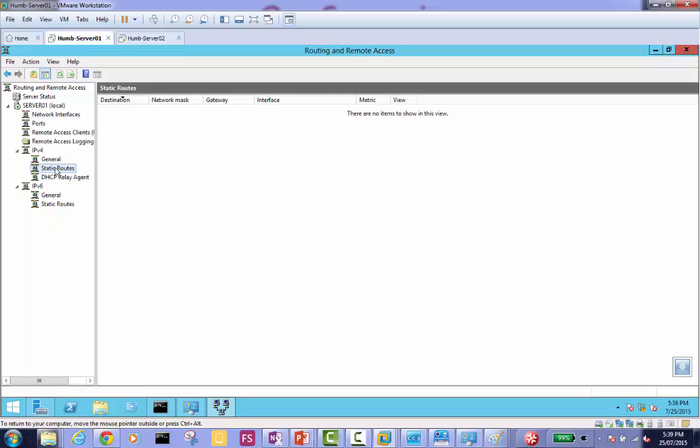It could be 192.168.1.0 network to a persistent connectivity with 192.168.3.0 network. So you can make persistent routes between Toronto branch 192.168.0.0 network and London branch 192.168.1.0 network.